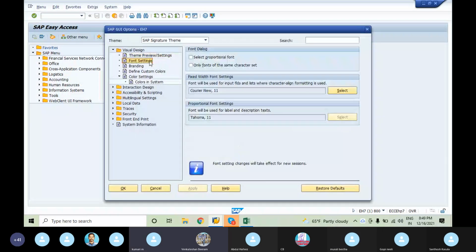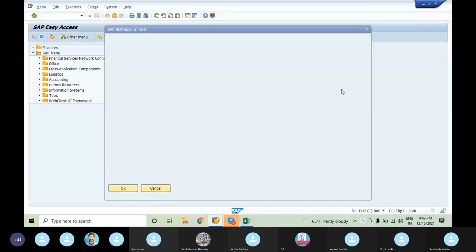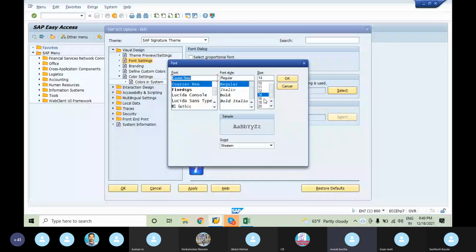Select the font, then bold, and make it size 16. Okay, apply. Okay.